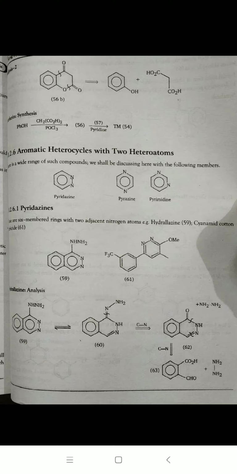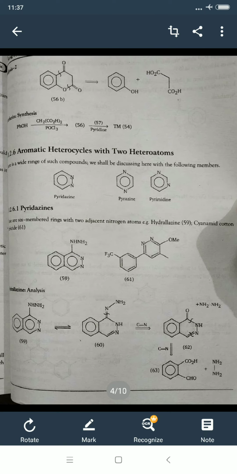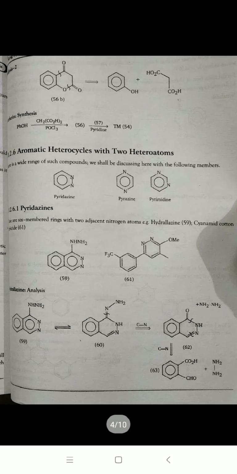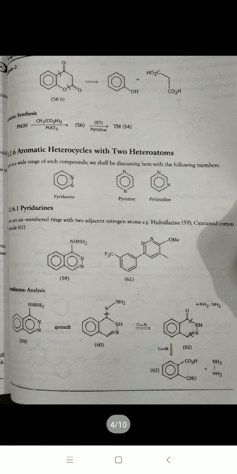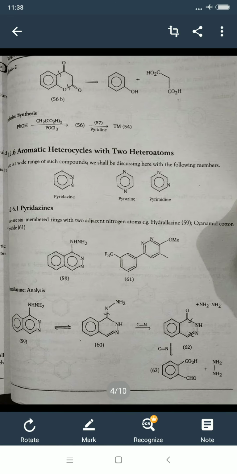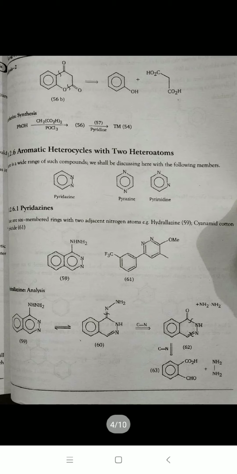Now, first we are dealing with the hydralazine analysis. This 59 compound is undergoing cleavage of the carbon-nitrogen bond, or oxidation. It is giving the ketone group and the NH2 hydrazine form, and then C-N cleavage at the 2 position on the 62 molecule, giving you aldehyde acid and hydrazine 63.